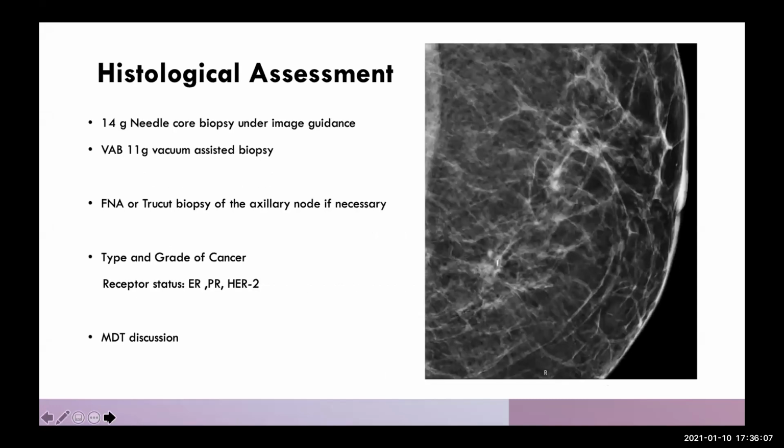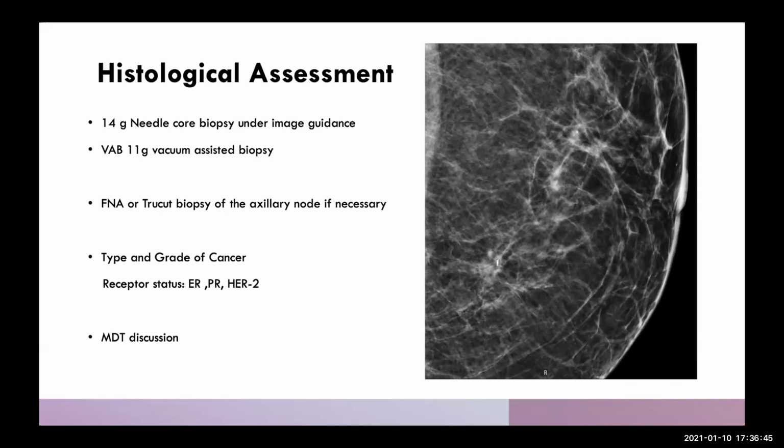So at the same time, if we find there is an abnormality on imaging or clinically, we do a biopsy. This is traditionally done by a 14-gauge core biopsy needle. And we take a true cut biopsy, send the specimen off to the lab. This here, the curly whirly thing, is a marker clip that is inserted at the time of biopsy under imaging guidance. And the reason we do that is because then we know exactly which is the area that has been biopsied. And this is so small that the patient cannot feel it, the clinician cannot feel it,